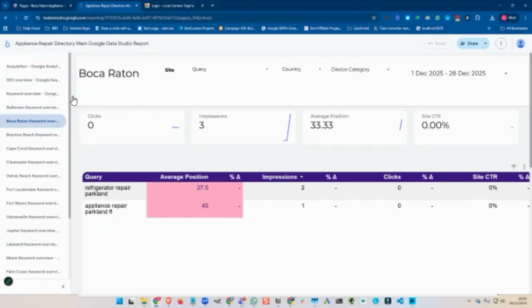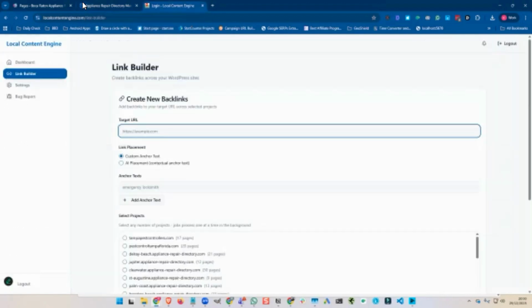What I'm going to do is use this Boca Raton site again because it's already got some keywords ranking. And at position 27, it seems to be doing the Google dance. That's what I had searched for before. It had disappeared, but early this morning, it was around position 27. What I need to do is go into Local Content Engine and go to the link builder